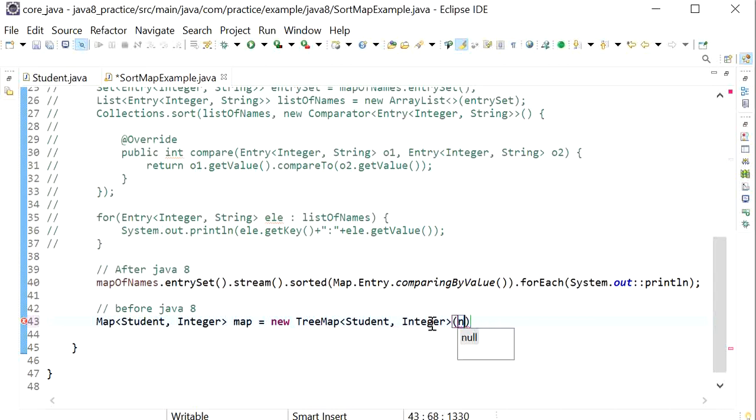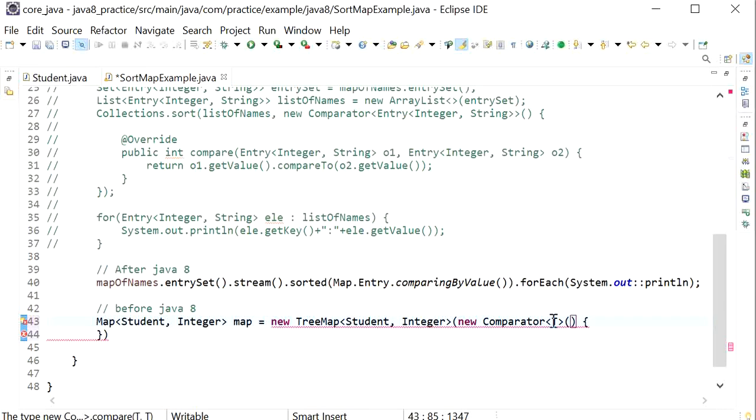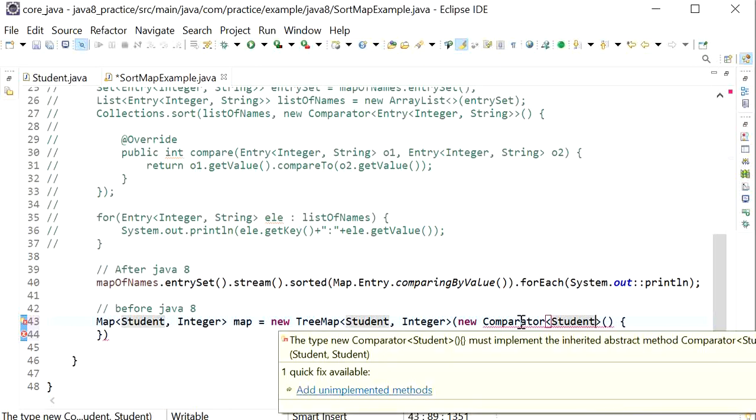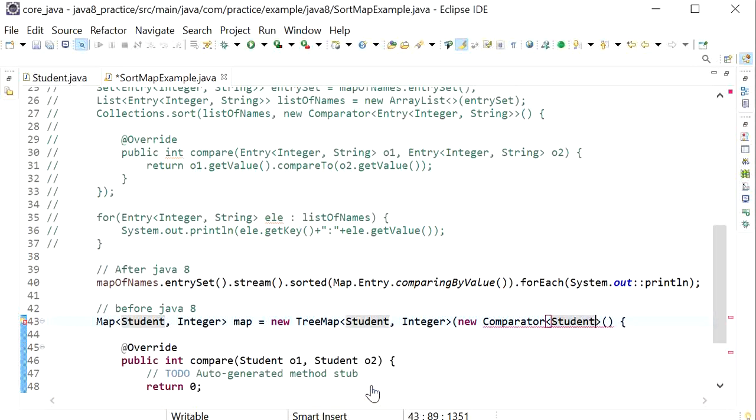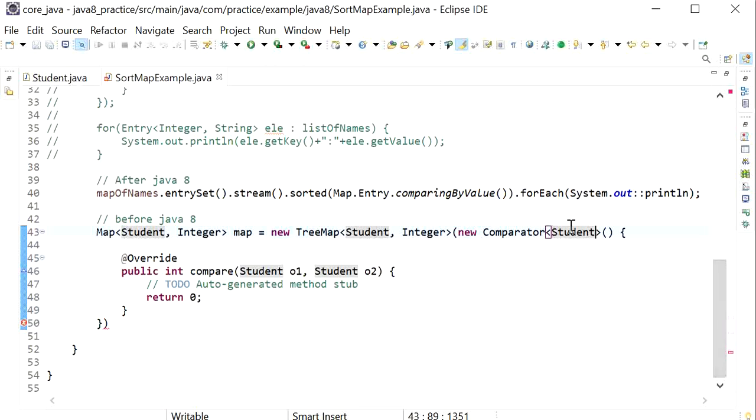Here we just need to use new Comparator, and inside this comparator we pass our custom object, that is student, and here we need to add the unimplemented method. Our student object contains multiple elements like student roll number, student marks, student name.